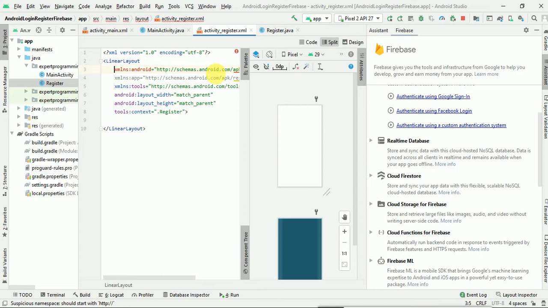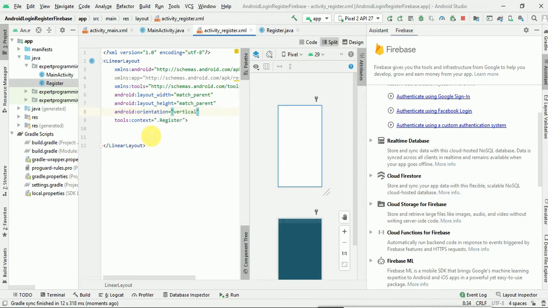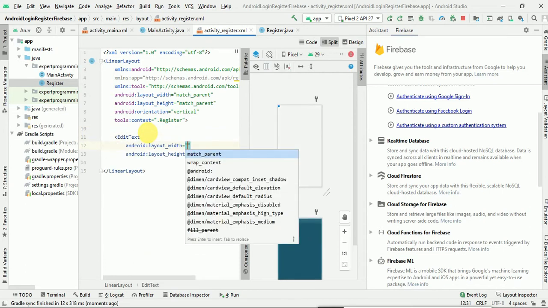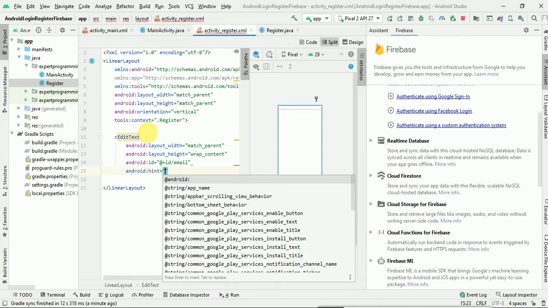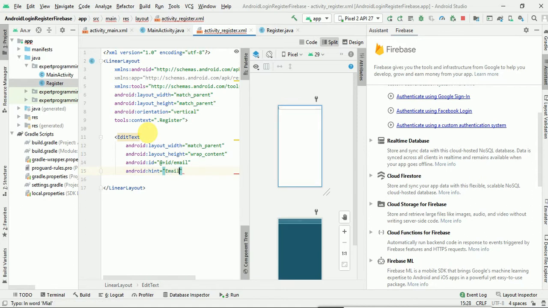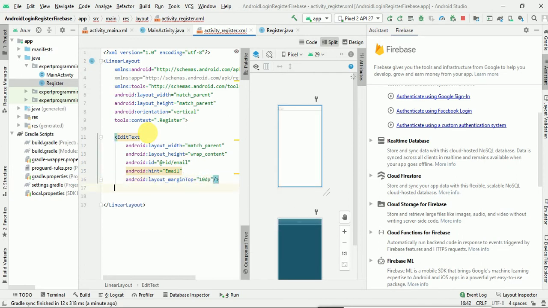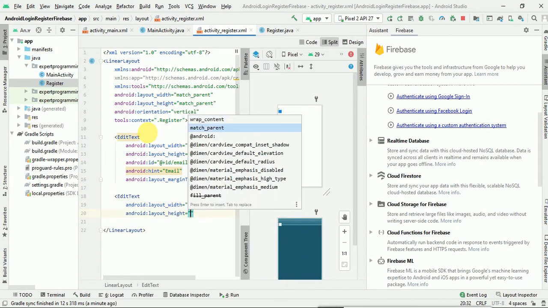Linear layout, orientation vertical, and then EditText, match parent, height will be wrap content, and ID will be email, hint will be email, top margin 10 dp, and for password also I will give match parent, then wrap content.